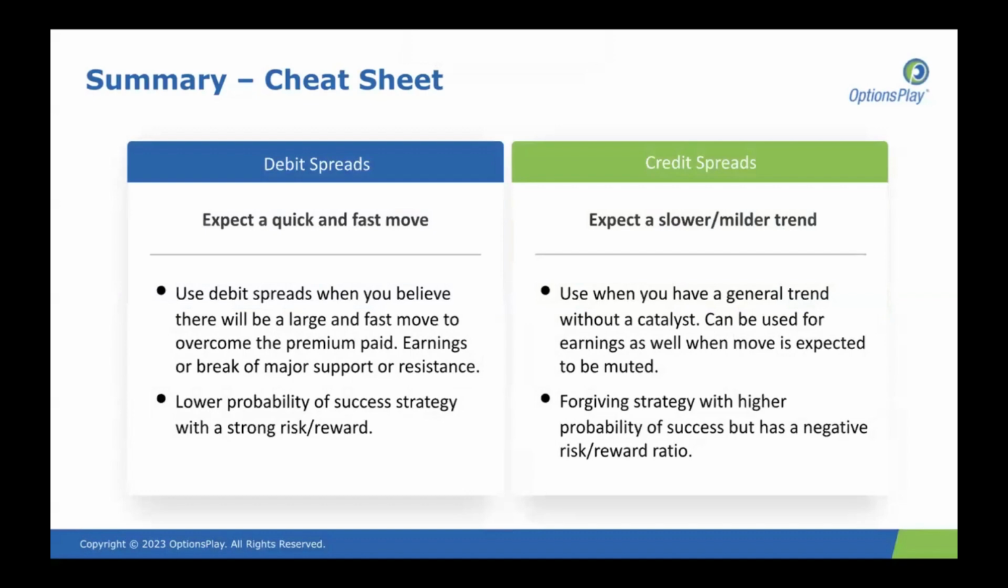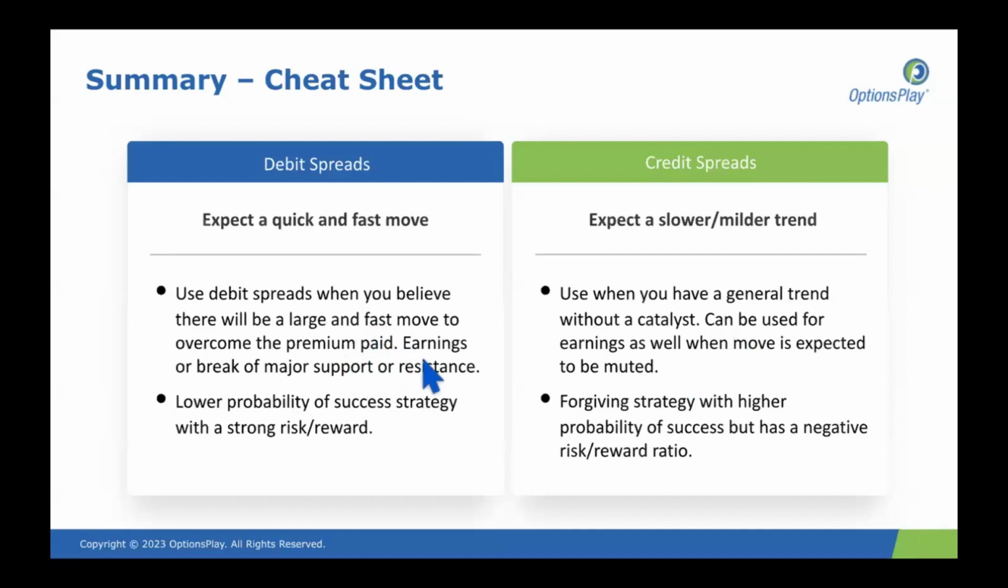If I'm doing a debit spread, I'm looking for something that I am more bearish or bullish on if I'm doing the debit spread outright. So my outlook is strong in one direction, and I'm looking at it as an alternative. If I was thinking about buying a long put in our example, consider a debit spread. If I was thinking about buying a long call, consider a debit spread as an alternative to just buying that option outright. So we're going to use spreads when you believe there will be a large and fast move to